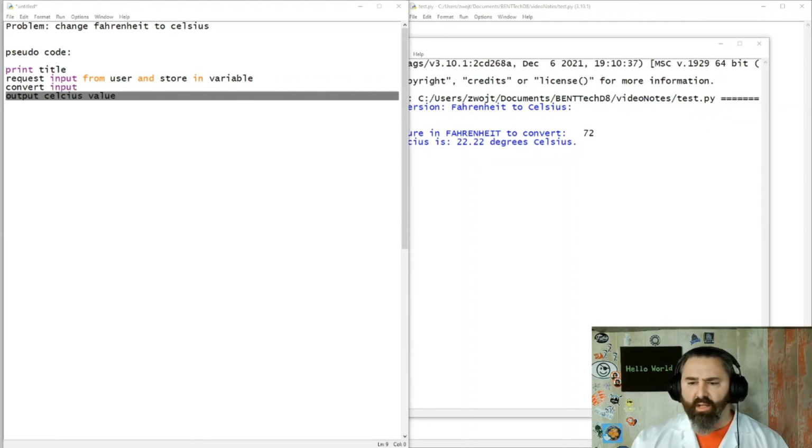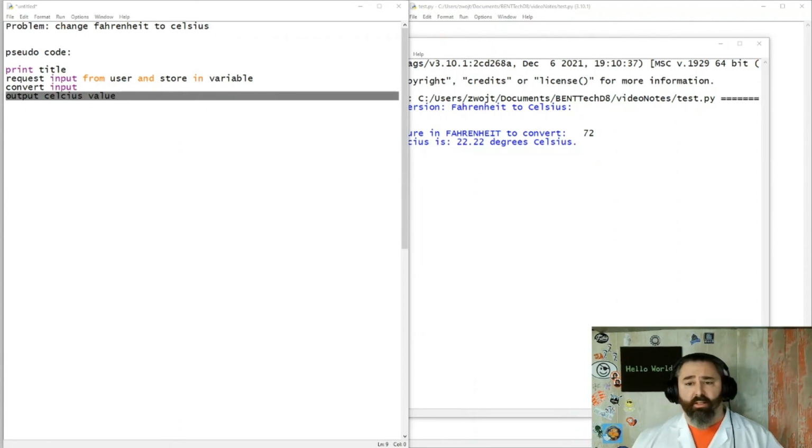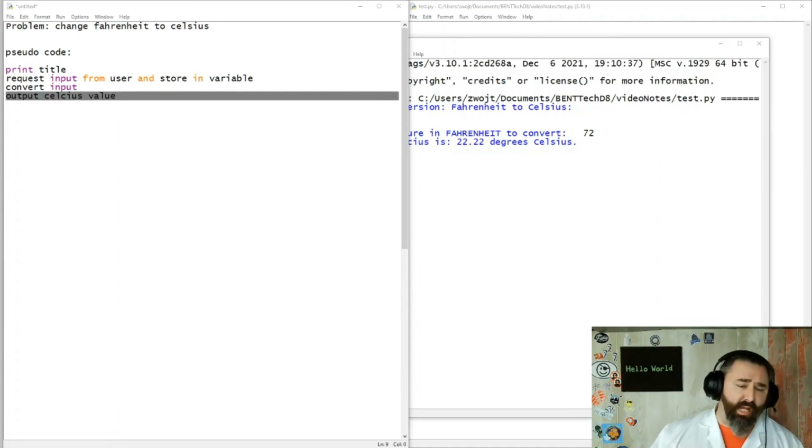Any idea you have, just start writing it down. You do this every day. You get up in the morning, you check your phone for the weather. If it's raining, grab an umbrella. If not, don't. You could write that in the pseudocode. Open the garage door. Don't open the garage door. Use your phone to open your garage door.